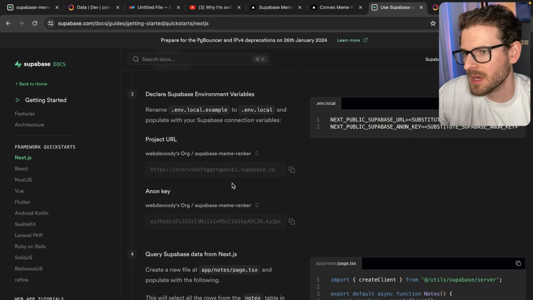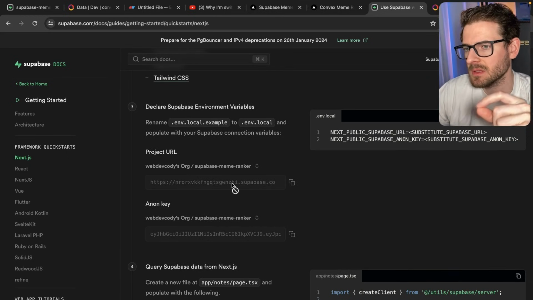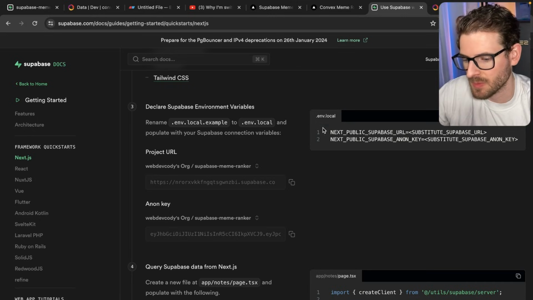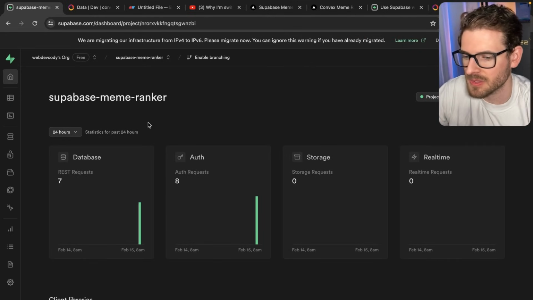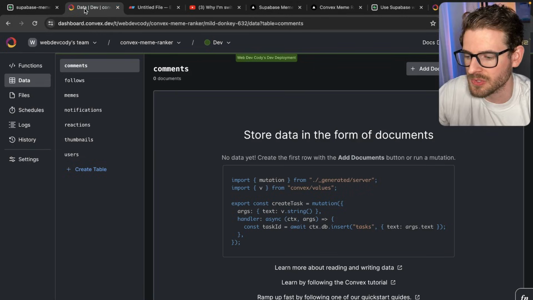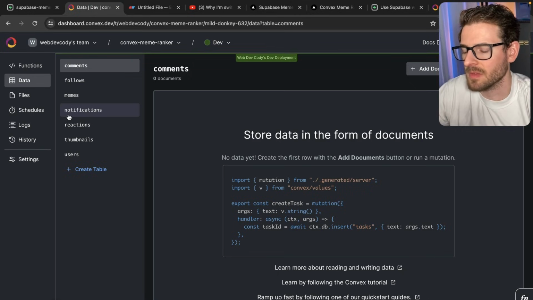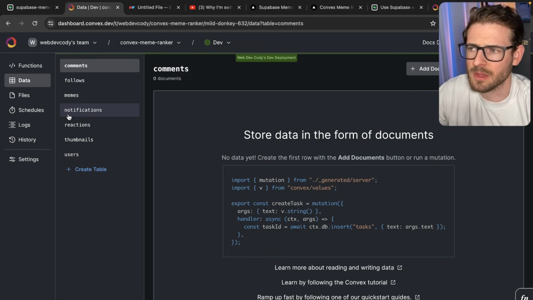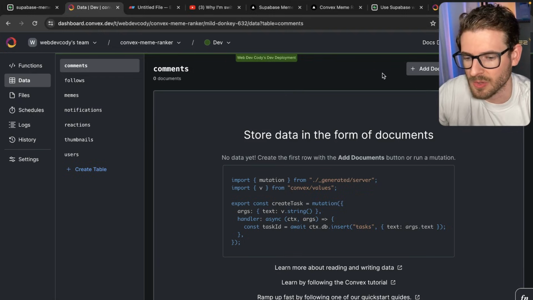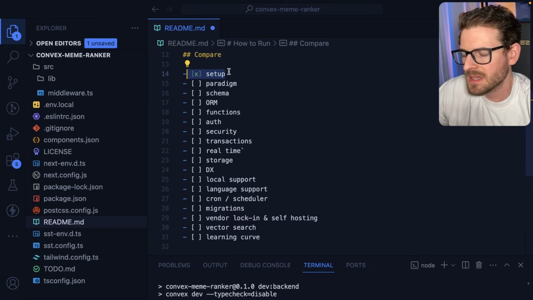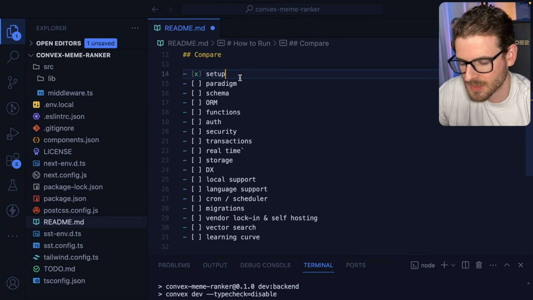And in terms of running after the setup, both of these can basically hook into a live environment. So in Supabase, you basically point to your Supabase project over here using some URLs as environment variables. And same thing with Convex. You just set up some environment variables and you can hook into the live Convex environment and don't have to really run anything locally if that's something that you don't want to do. So in general, both have great setups. They both have a bunch of documentation you can follow to understand how they get this going. I don't think there's one that's better than the other. They just have a little bit different paradigms and learning curves, which takes us to the next point, which is